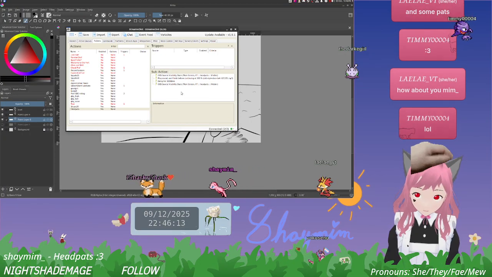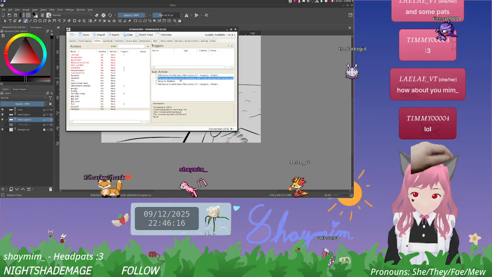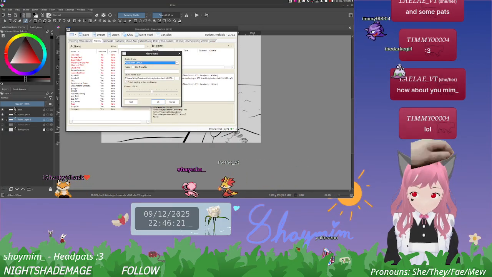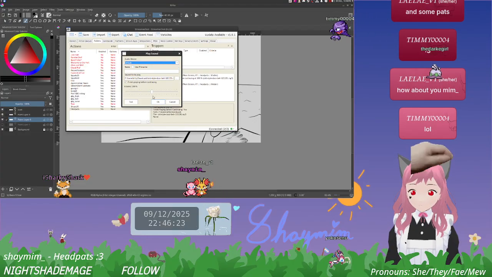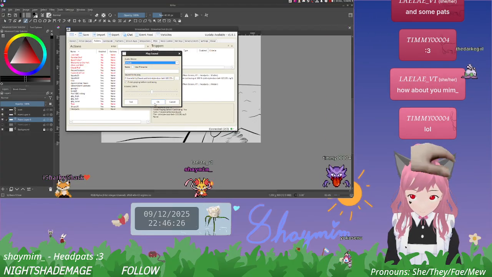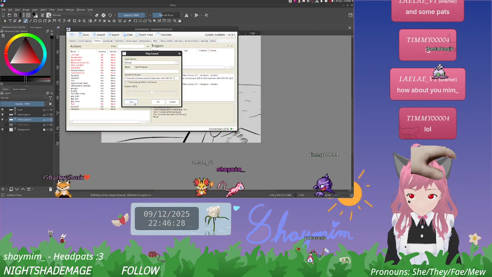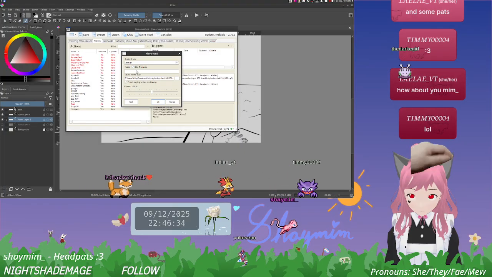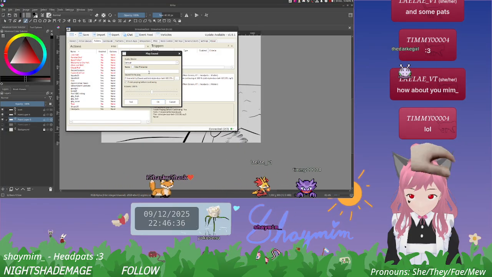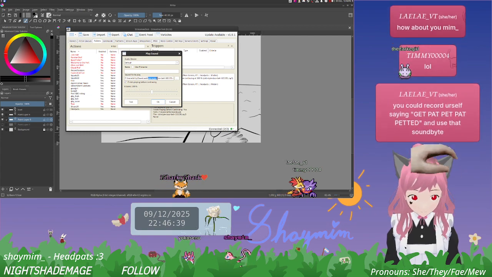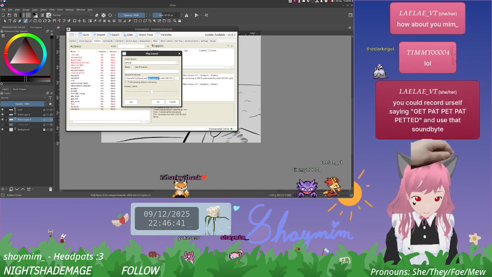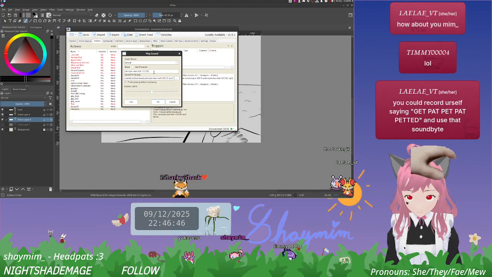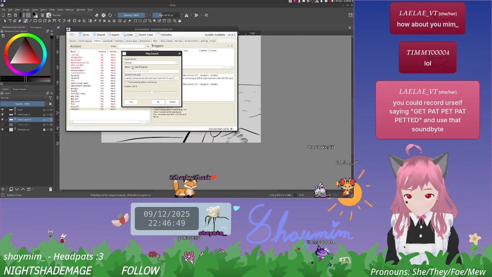Doesn't seem like that part works. Hang on. We'll use default instead of application default. Maybe I need to restore yourself saying get editing yourself, right? No, I don't think so. We'll use file name check.